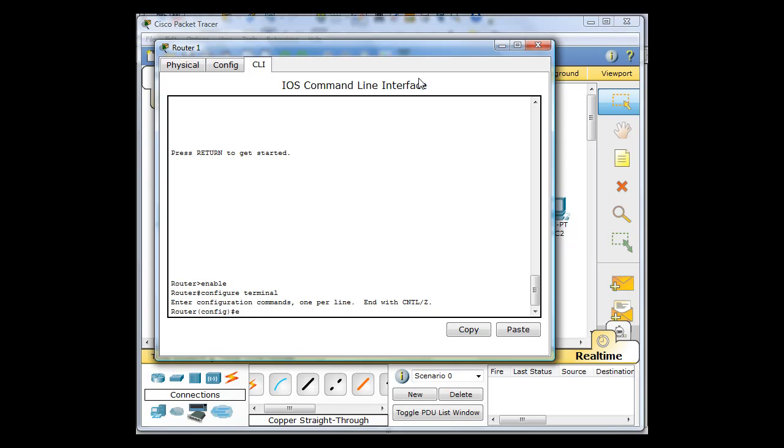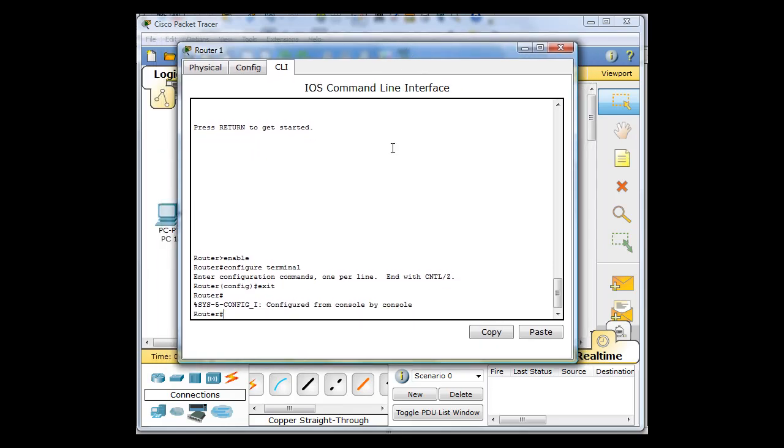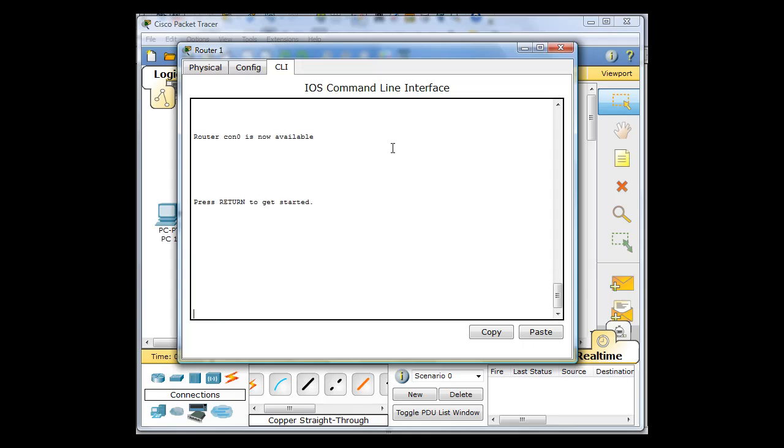Okay, first of all, I'm going to type in exit here. Hopefully you can see this. And I'll type exit again. So here's what happens if you just fire up the router and go to the command line interface, hit enter, and you get a router prompt. No passwords are configured right now, so the commands will take you to the next interface. To get to privileged exec mode, you type enable and hit enter. Then to go to global config mode, you type configure terminal,